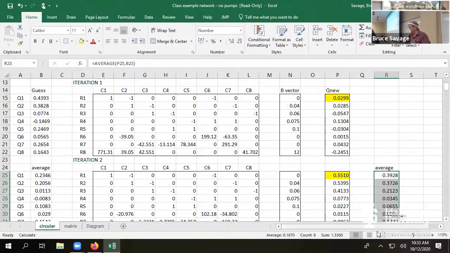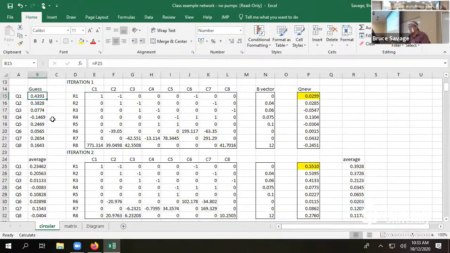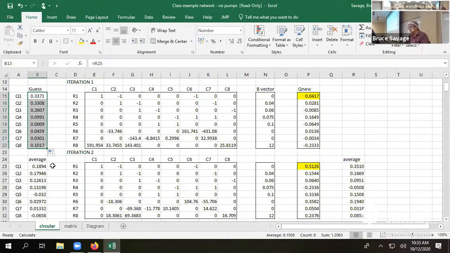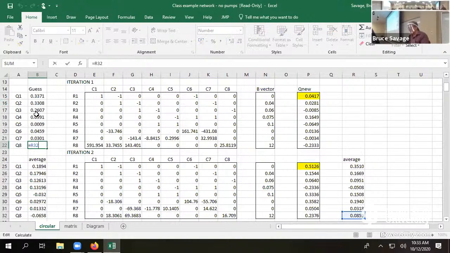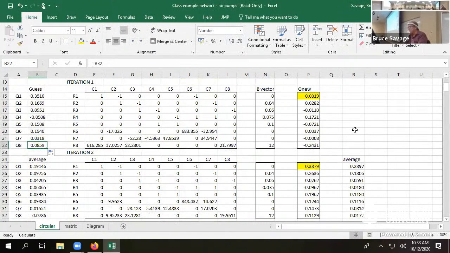Now I'm going to actually come up here. I'm going to shrink this down a little bit so you can see the whole thing. For my guess, I'm going to grab the average value. And then I'm going to copy that down to grab all of my average values. Okay. So once again, now my new guess is my average at the end of my calculations. Now when I go ahead and hit F9, this should start to converge a little better. So I'm going to hit a bunch of them, and you can see that it is now,